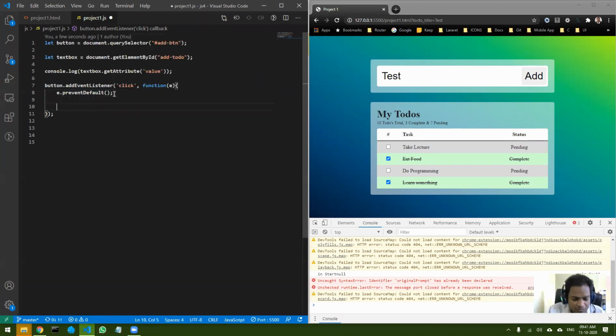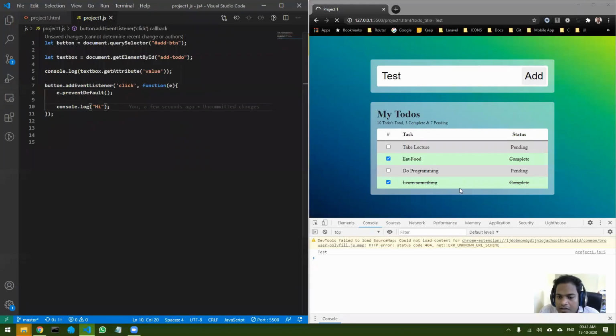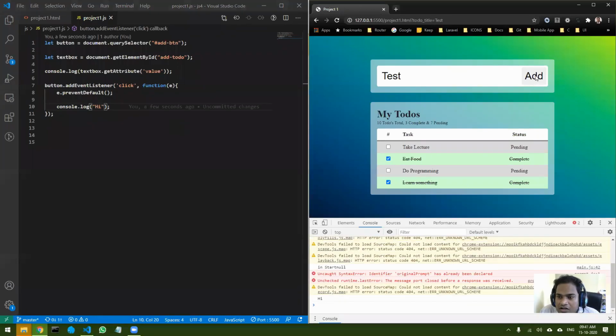And now if I do console.log, let me save it and click. You can see now whenever I click, I get high. The form now does not refresh, and whenever I keep clicking add, it prints high onto the screen.